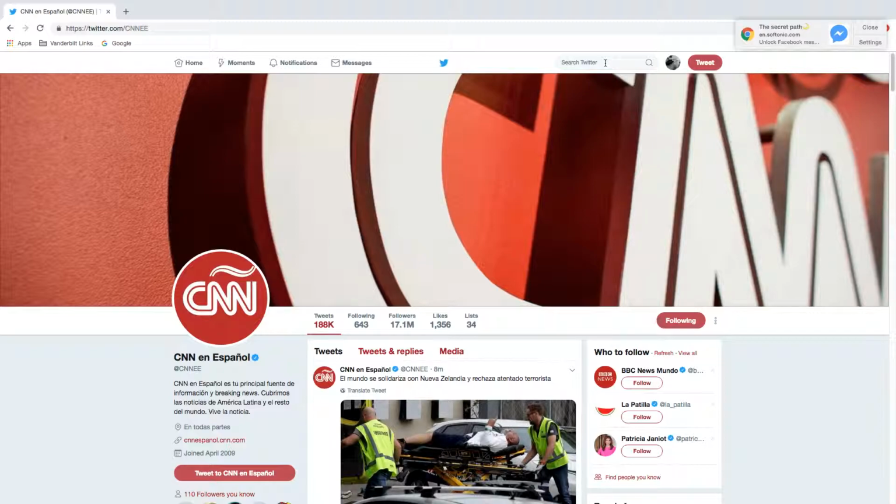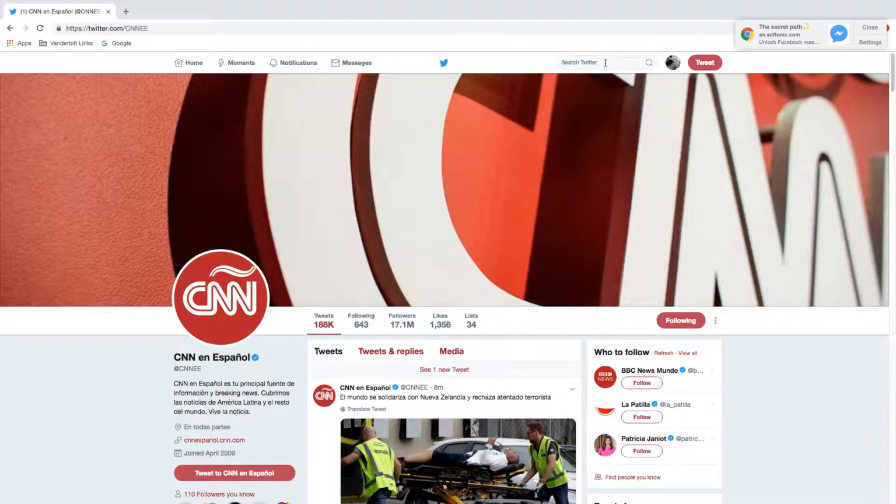Again, they can also look up celebrities, so they can find celebrities like Cristiano Ronaldo or Lionel Messi or Shakira, Daddy Yankee, anyone that might interest them that would have a Spanish Twitter account. So after the students have created their account and they're following me, their classmates, and other organizations related to Spanish,